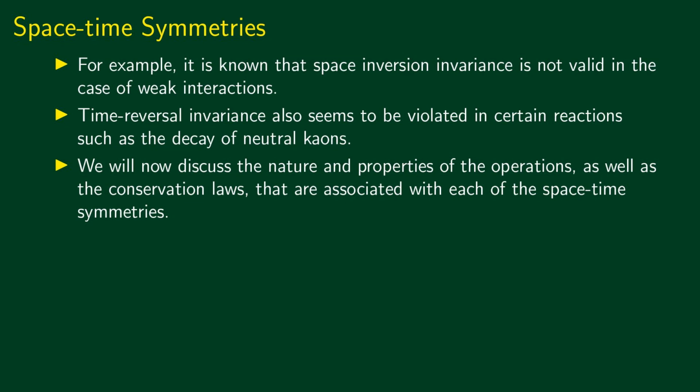This means that there are certain interactions whose mirror images or reflections do not correspond to actual interactions in nature. So certain interactions happen, but their reflected versions simply do not take place in nature. This is what we mean when we say that space inversion invariance is not valid in the case of weak